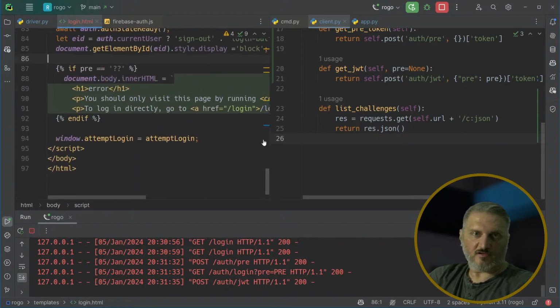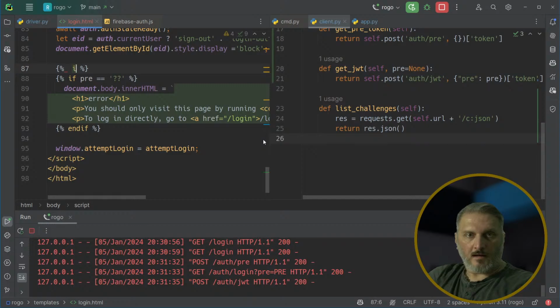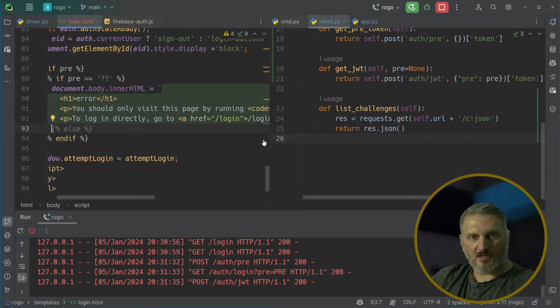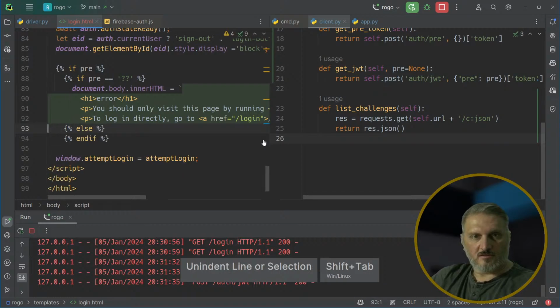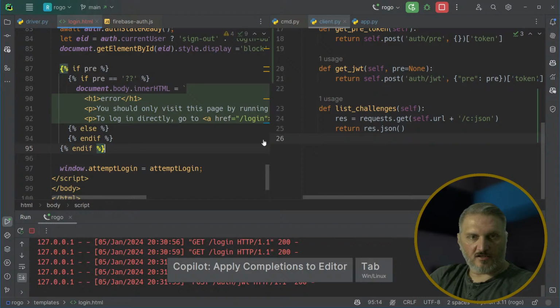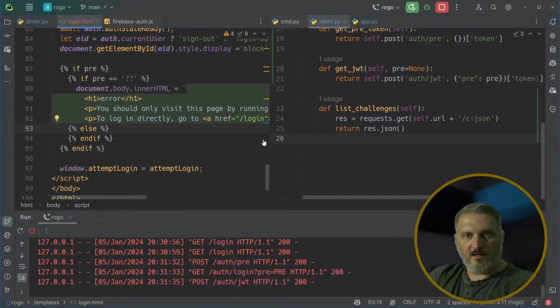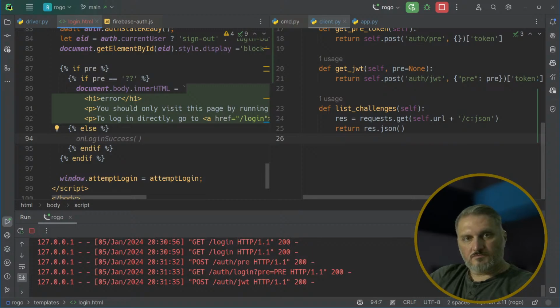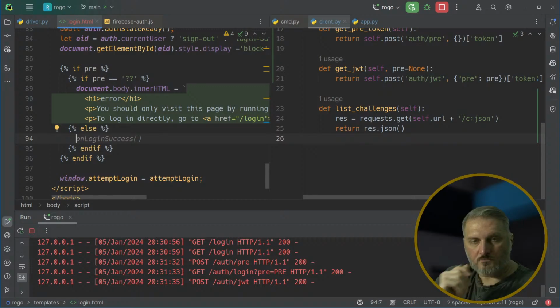All right, so we should say if pre, if we have a pre thing at all, then if it's this, so we say one thing, and we say else, and then we need an end if for down here. Okay, end if here. So if we have a pre and it's this, then we say don't only visit this way. Otherwise, we have to instantiate the immediate trigger to log in, right? No, we say